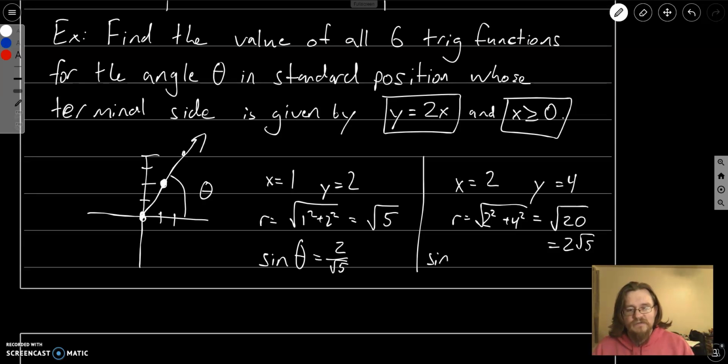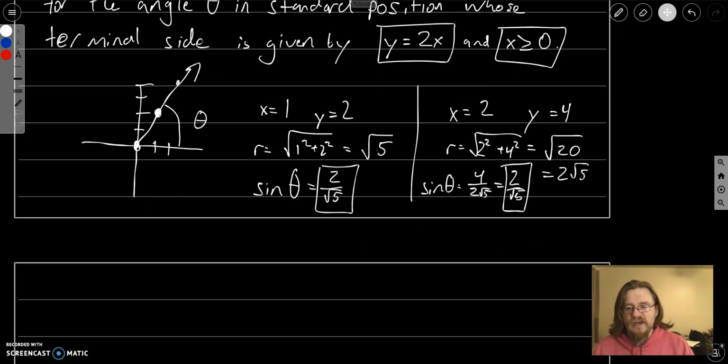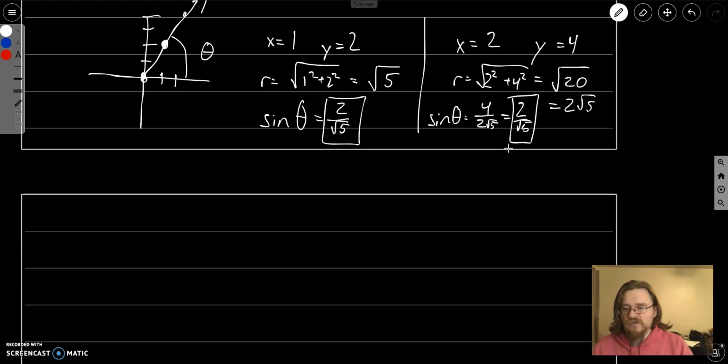And if I write the sine of theta, y divided by r, this is going to be 4 divided by 2 root 5. Again, I can cancel 2 off the top and the bottom. So I get the same value for sine. And it doesn't matter which point I choose. So if it doesn't matter, we might as well choose the one that requires less reducing. These numbers are just slightly bigger. So we'll use these guys, just 1, 2, and square root of 5. So if I try to find the sine, which we already have,